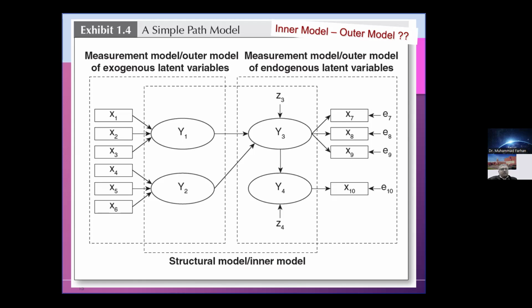You can remember it this way: there are inner relationships from one construct to the other construct that will always be called the inner model or structural model, because the structure is represented by the relationships between the latent variables, and wherever the indicators, the items, come,